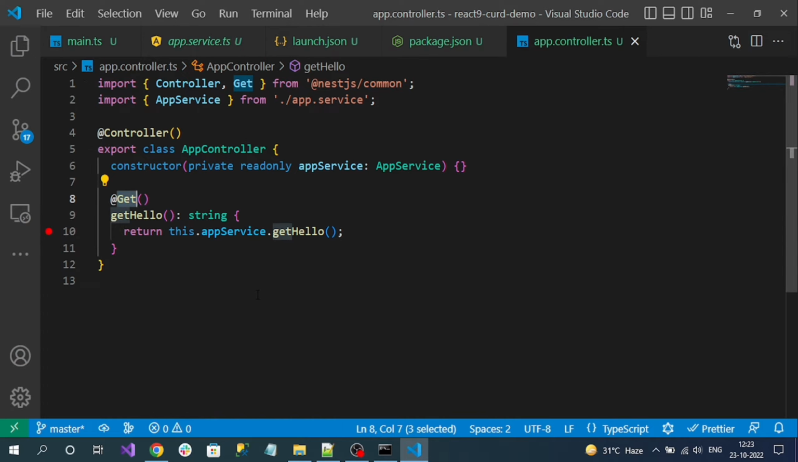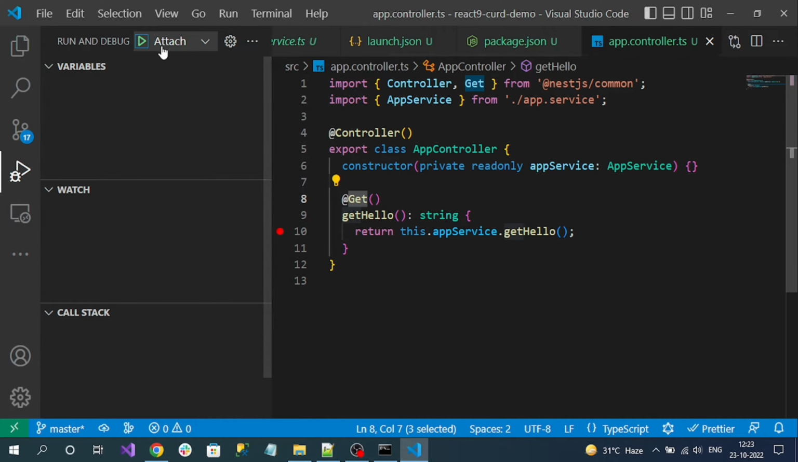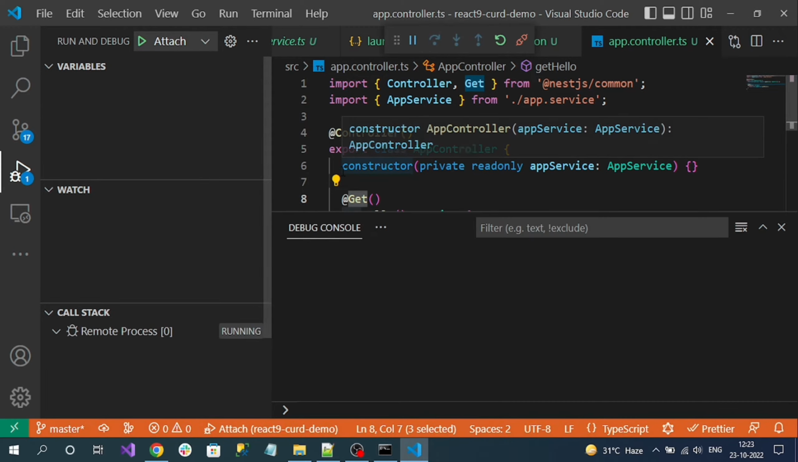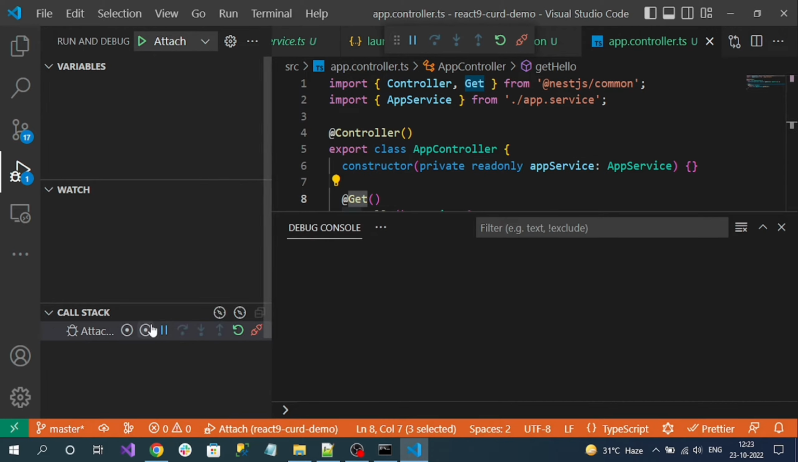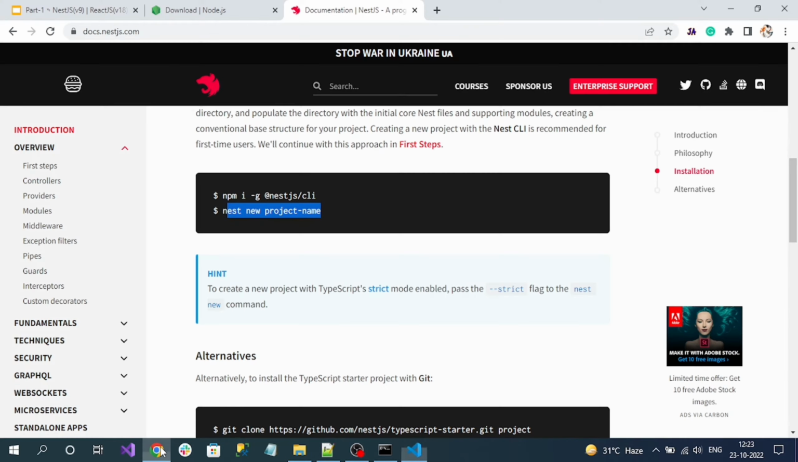Now to run our application in debug mode, click again on run and debug, and here you can see an attach button. Click on it, and you can see attached in the call stack, and at the top you can also see the debugger is attached. Now if I try to access my